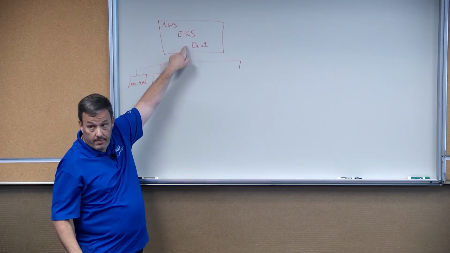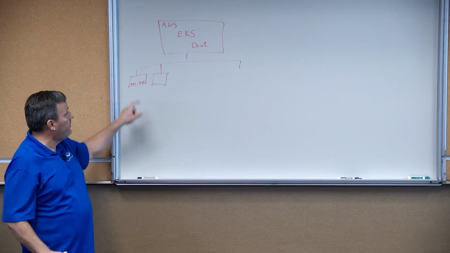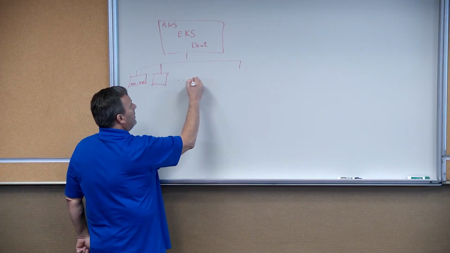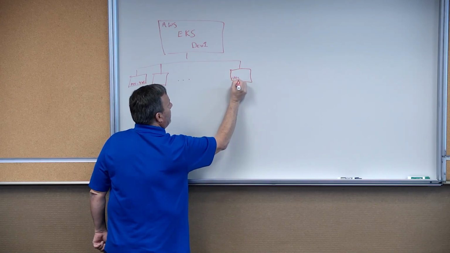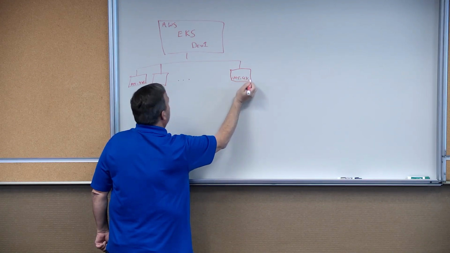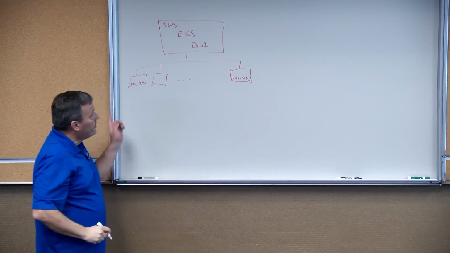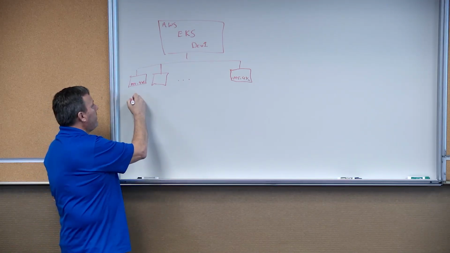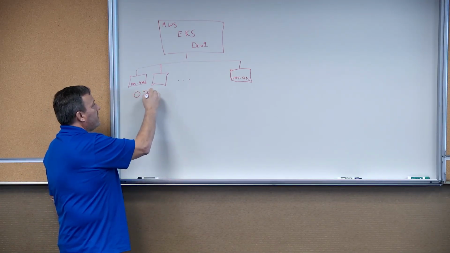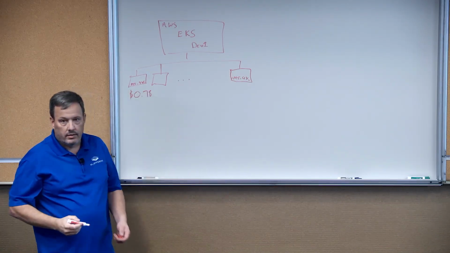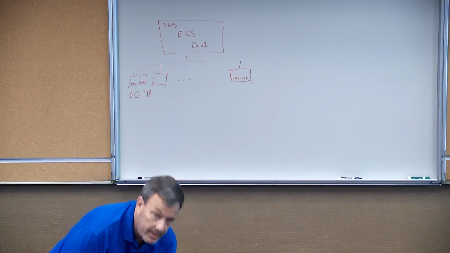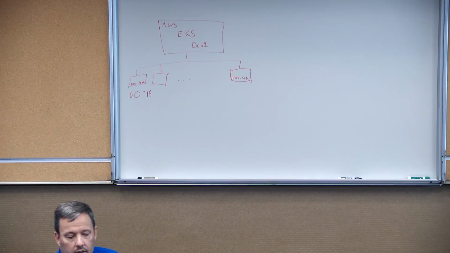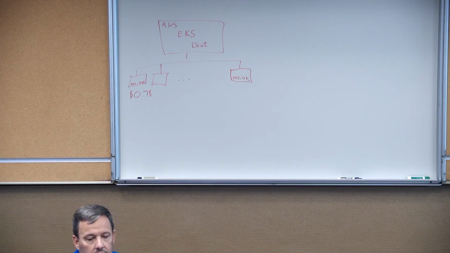Its name is Dev1. It's got 15 of these EC2 worker nodes, and they're all M5.4XL nodes. So there's 15 of those, and they all cost about 78 cents per hour. So that's the environment that we're starting with here, and then I'm going to go over here and I